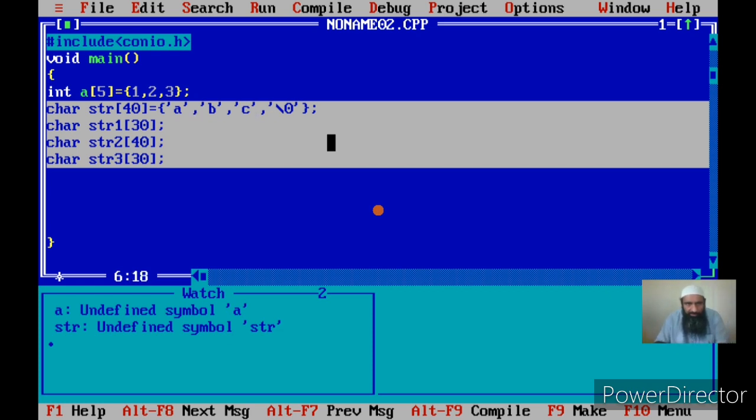Each constant, the first constant A is within the single quotes, then comma, the second value again within single quotes, then the third value again within single quotes, then the fourth value again within single quotes. So now ABC is a string that is stored in a character array str.